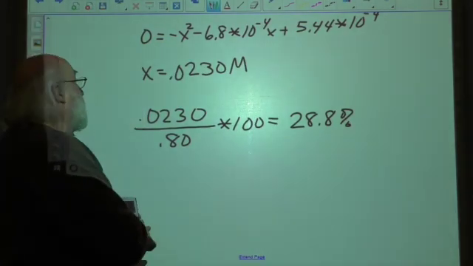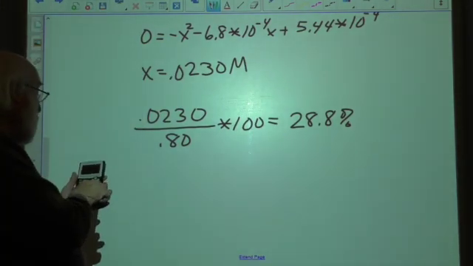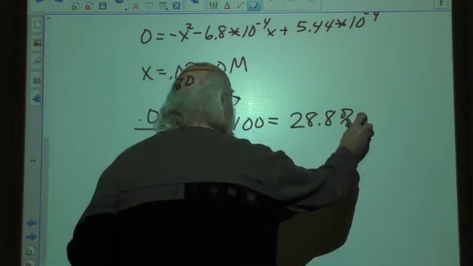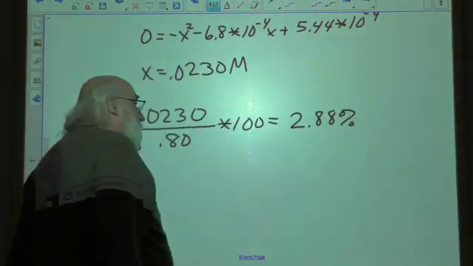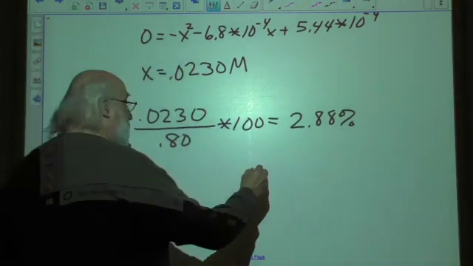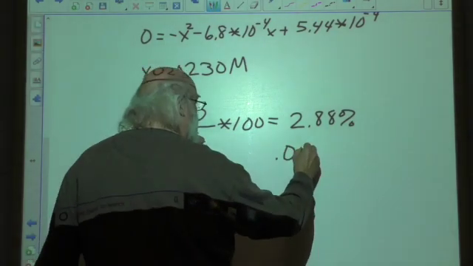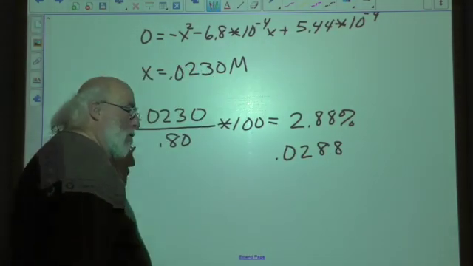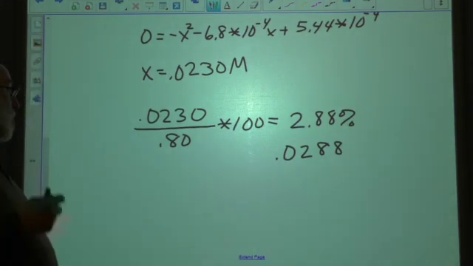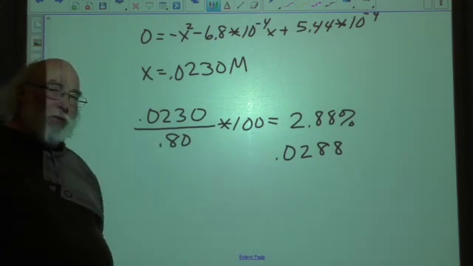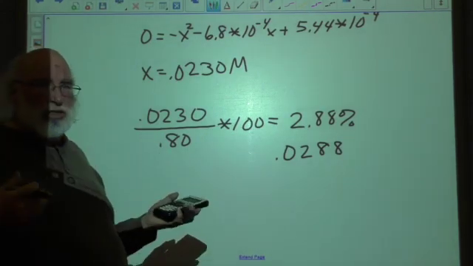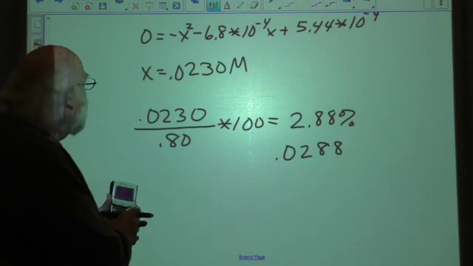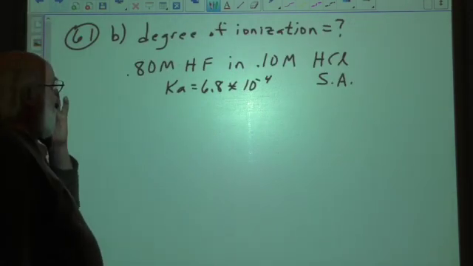Which seems kind of high, but I forgot to put the point, so it's 2.88%. Yeah, what I mean. Okay, now, or they can express it without the percent, just leave it as 0.0288 without the times 100 in there. Scientists use both. But the 2.88%, that means just under 3% of hydrofluoric acid is going to dissolve when it's just in water. And we'll keep that in mind when we do the second problem of number 61,